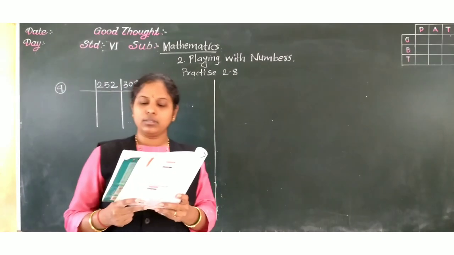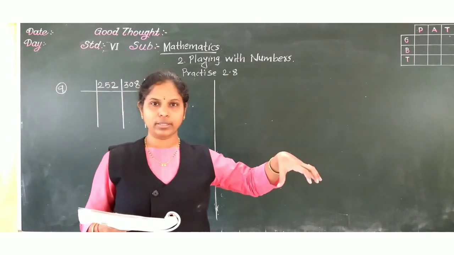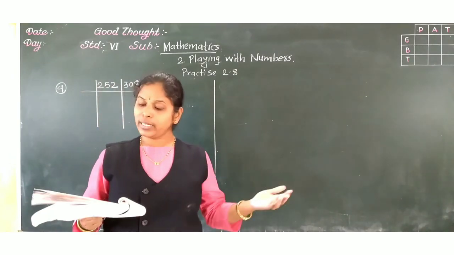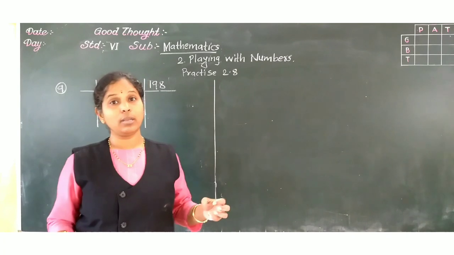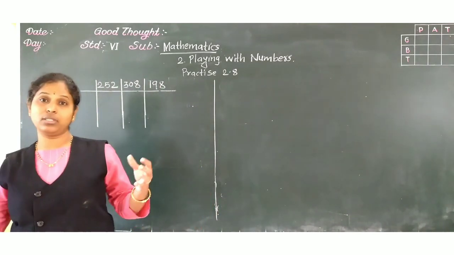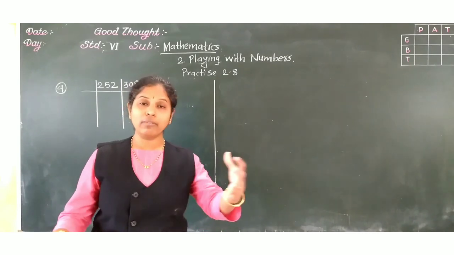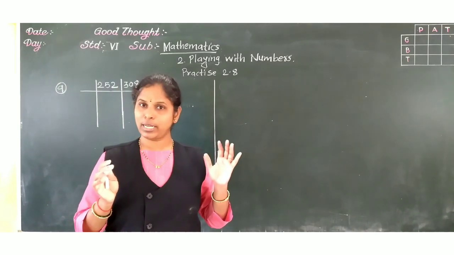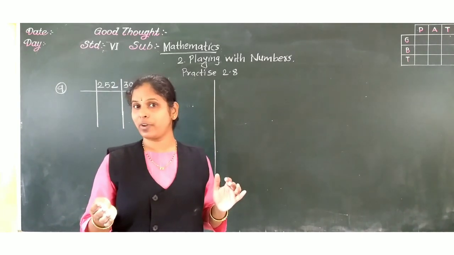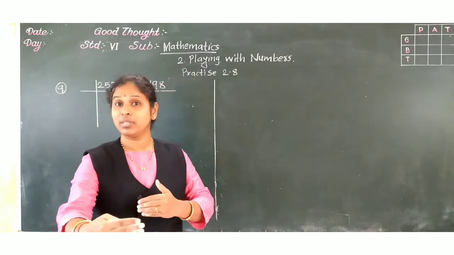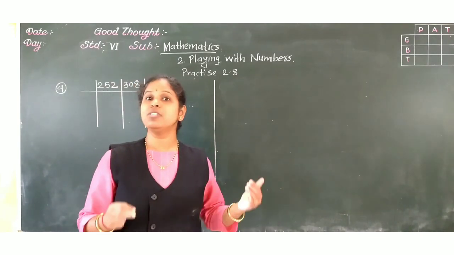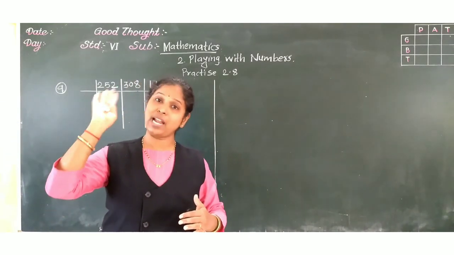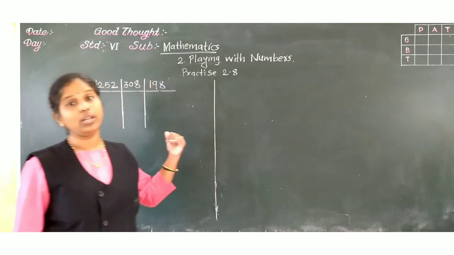Okay. All starting at the same point. In the beginning, all the 3 started running together. After what time will they again reach the starting point? Means what is the shortest time interval when all 3 will meet at one place while running. Means the shortest time, nearest time we have to find out. So that means we have to find out LCM. For the longest or farthest time, we would find out HCF. But here we have to find out LCM.